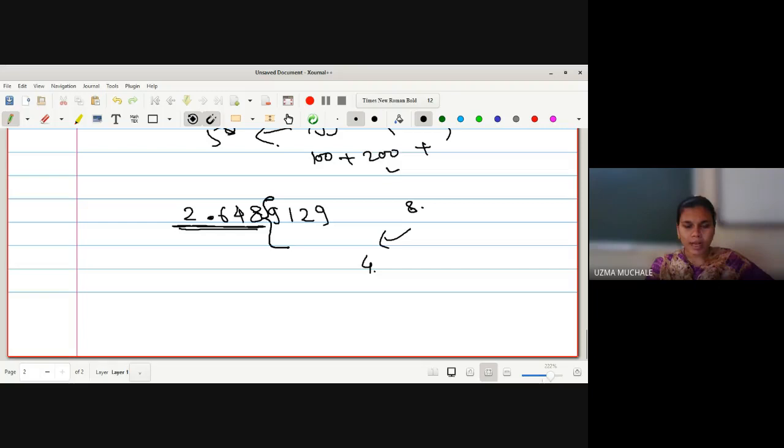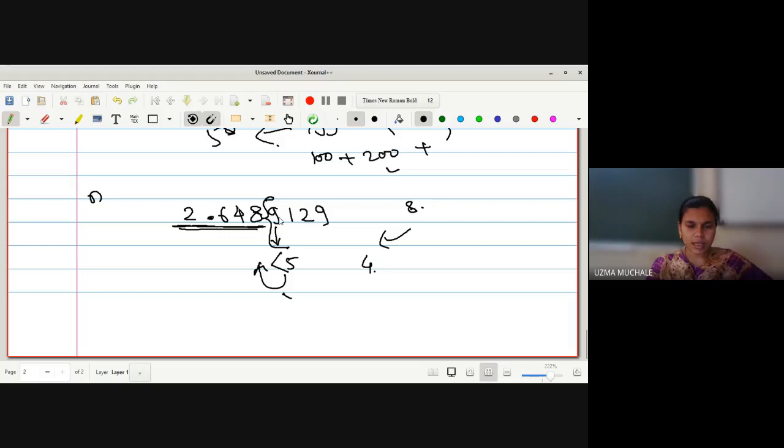But while removing, what do we have to consider? We have to consider the digit at the n plus 1th position. Suppose I want to reduce to the nth significant digit. After the nth digit we have this number, and we have to see what it is. If it is greater than 5, you have to add one to the previous digit. If it is less than 5, you keep it as it is.